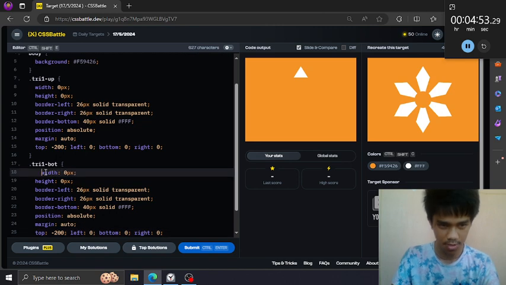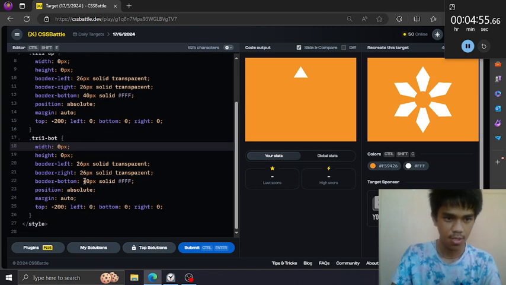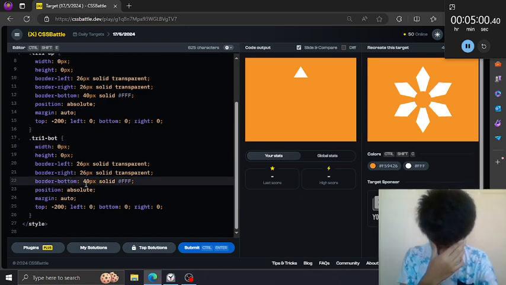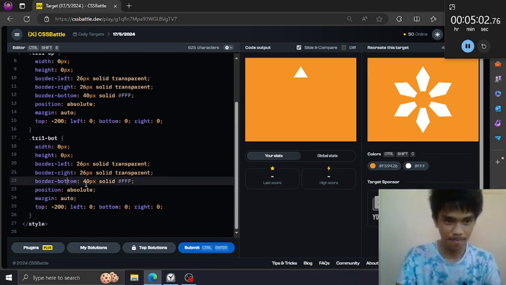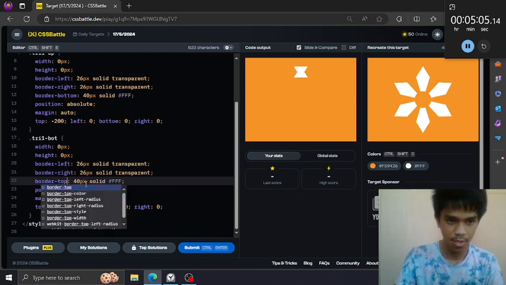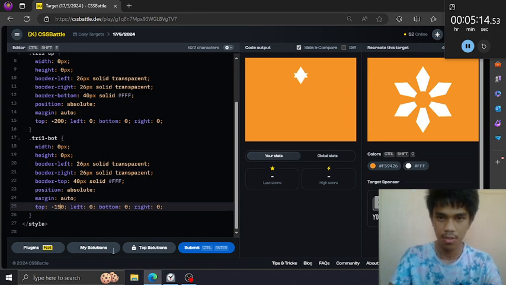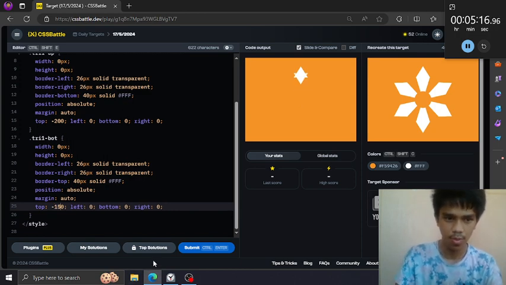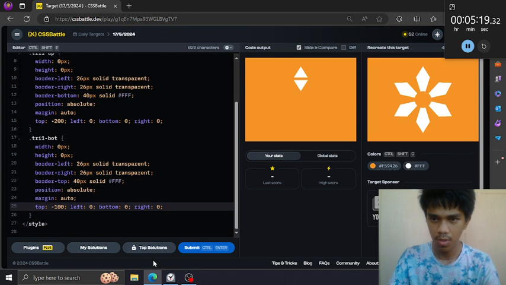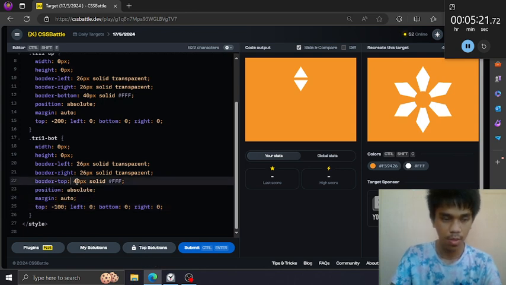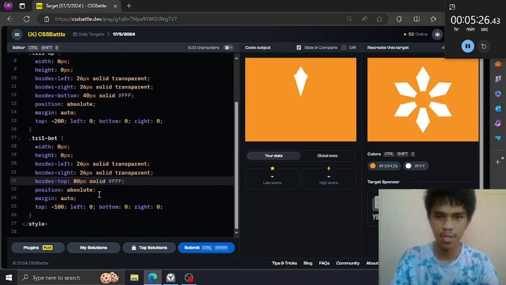Okay. Then copy, and change the base to the top, and next is bring this downwards. Adjust the top.